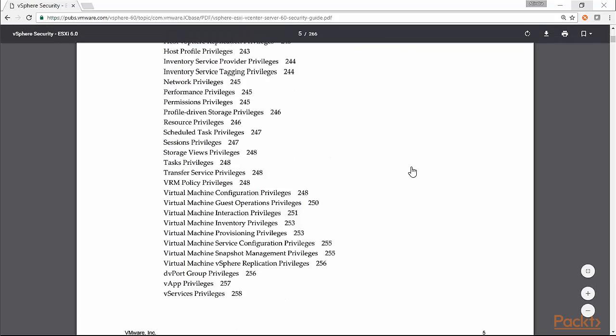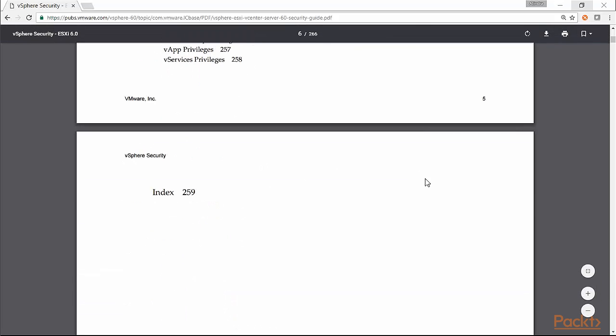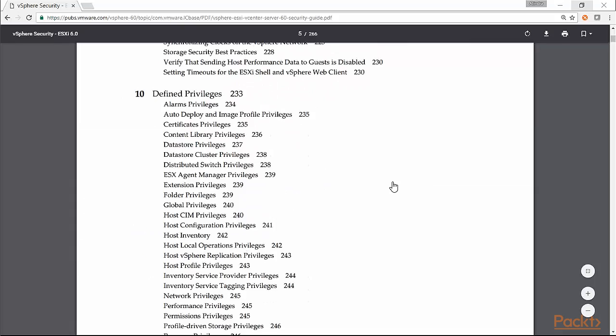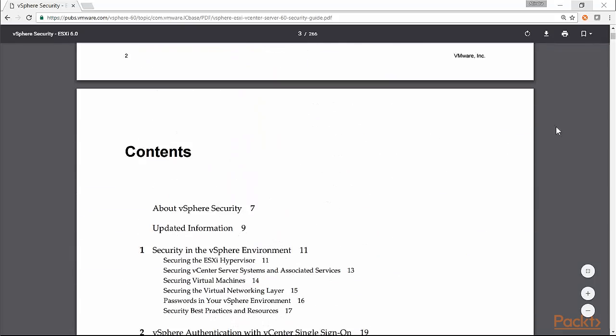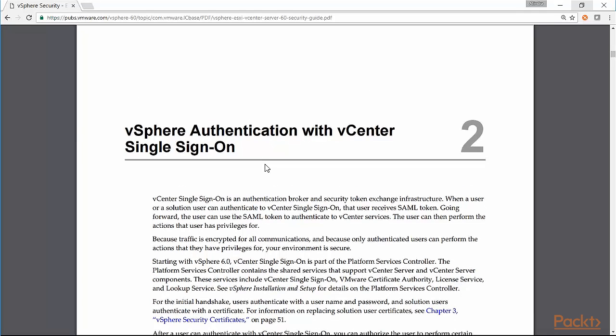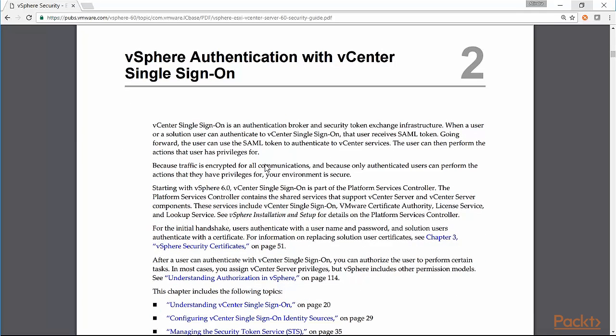You must all be familiar with this. So a really extensive guide to the entire spectrum of vSphere security management. From this, let's move to chapter 2, because we are going to look at understanding how vSphere authentication works in